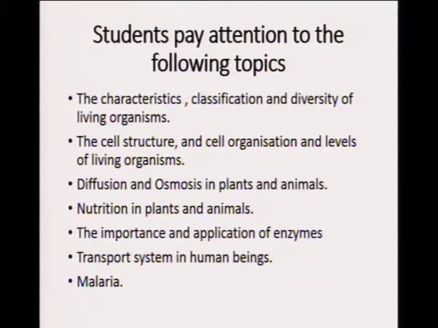Now, transport system in human beings. Transport system in human beings is also the next topic. This topic is an interesting one because it looks at how substances such as oxygen, a gas, carbon dioxide, a gas, as well as digested nutrients such as amino acid, which is a digested protein, glucose, a digested carbohydrate, fatty acid and glycerol, a digested fat,